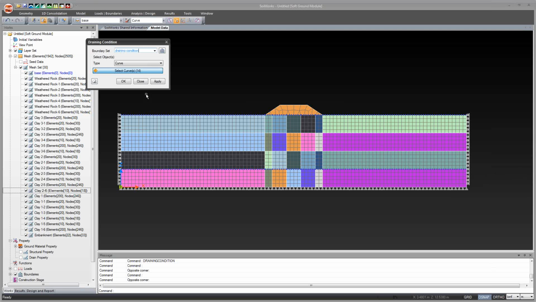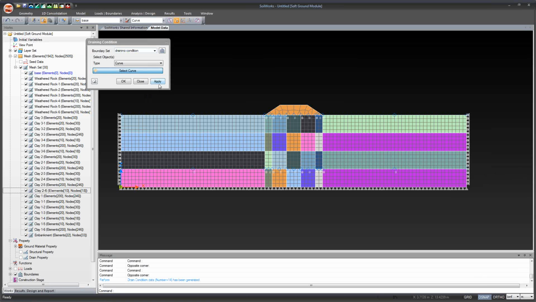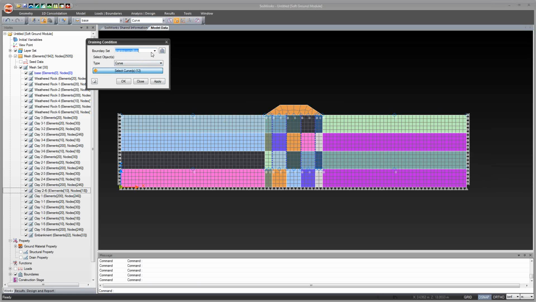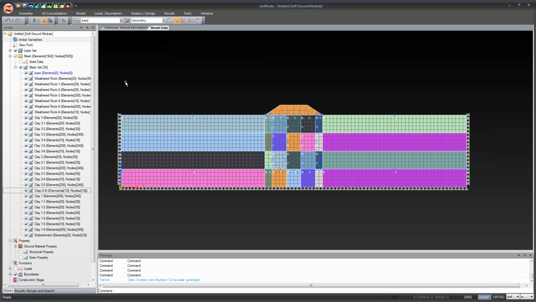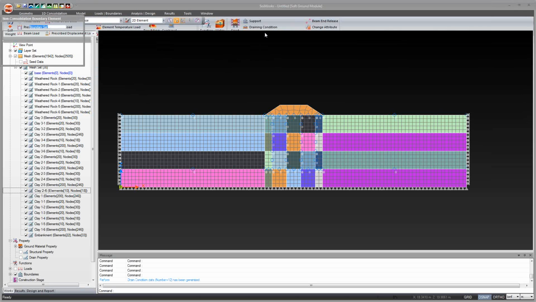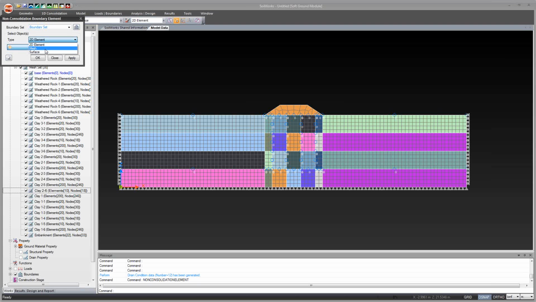Okay, and just say apply. Now let's suppose you want to provide some drains beneath the embankment. I'm just providing, you have to select these curves and then say once again the draining condition and give it a name, let's say drains. Say OK. Fine. Now the next boundary condition which we have discussed is the non-consolidating boundary condition, where we are not